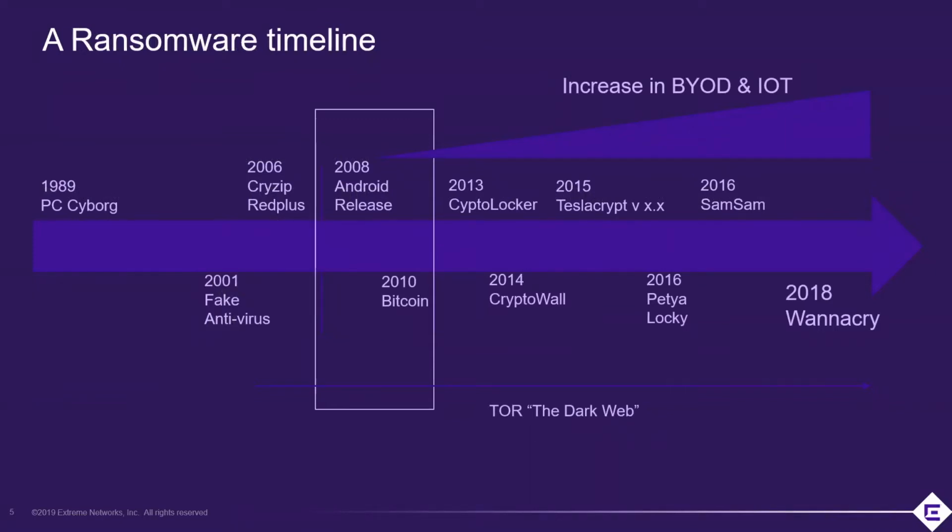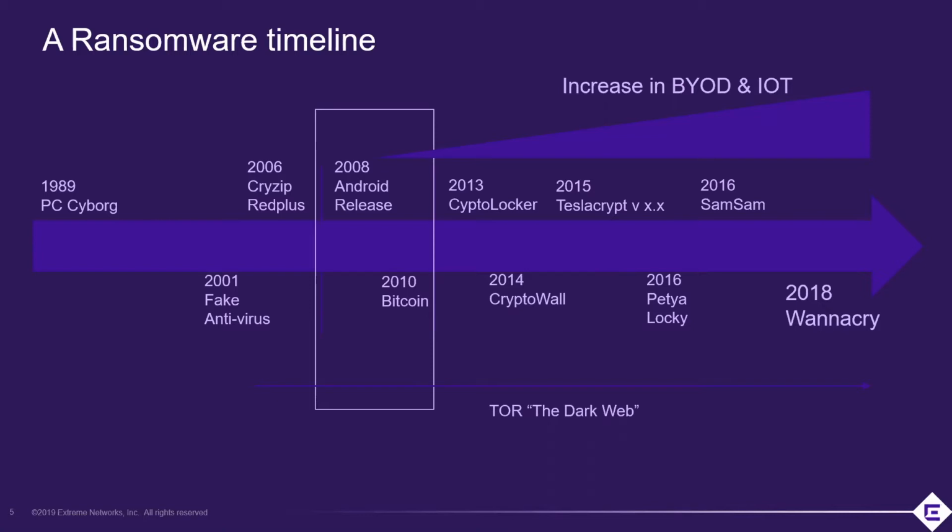I want to emphasize that I'm only showing the big press release code. If I listed all forms of ransomware, the slide would be really packed full of text, so I chose not to do that. I really just wanted to show a timeline and the indication that after the rise of iOS and Android, with Android released in 2008, I believe, if I'm not mistaken, the iPhone released in 2007, the rise of Bitcoin in 2010, the release and public access to the dark web in 2004, and still continuing, you can see that the variety of ransomware has increased.